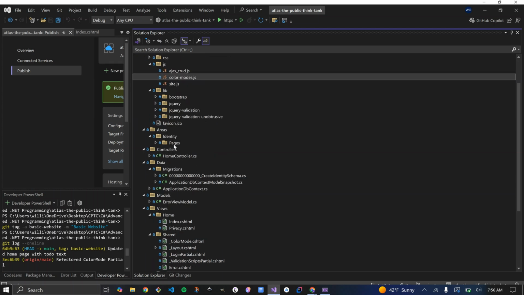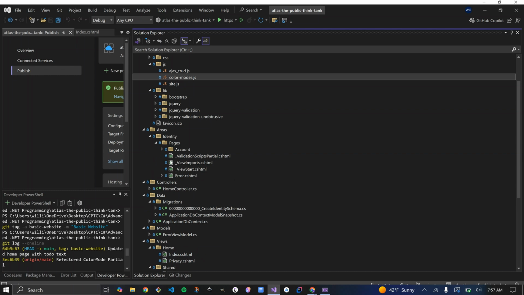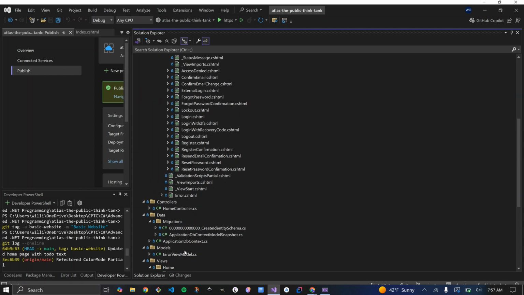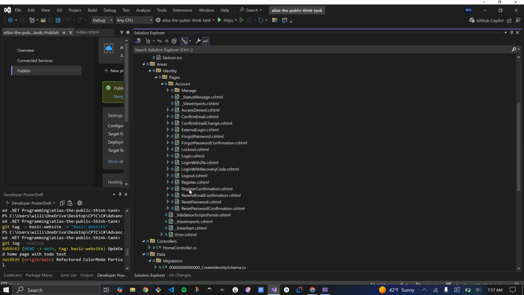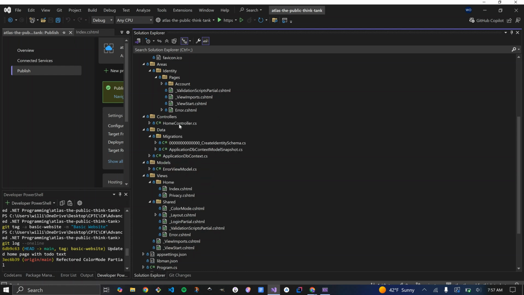The identity pages, that we added for this course, and I had to do the extra scaffold to get all the extra pages for this. So initially it just gave me, I think, like 1 or 2 account pages to work with, and I scaffolded out all the rest so I can make any edits necessary.